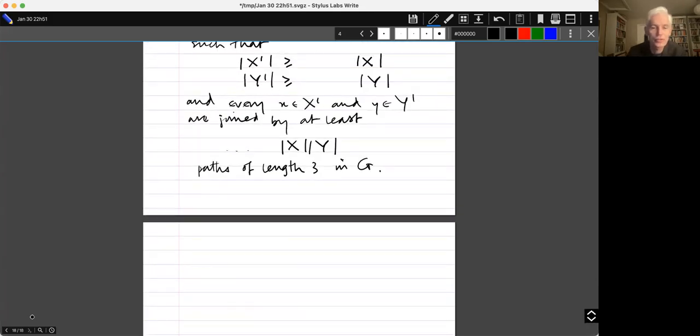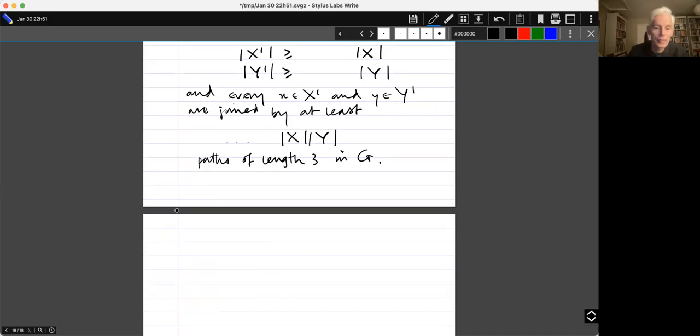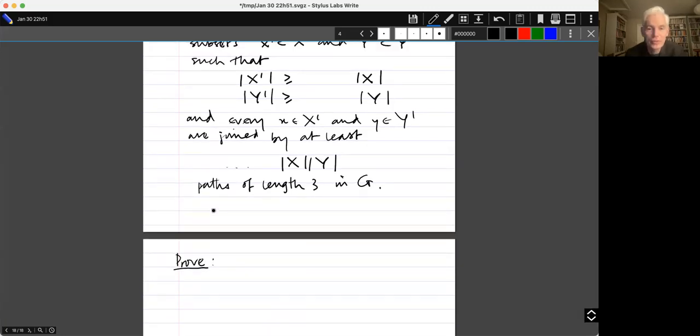And I can tell you in advance that if it comes out the same as when I last did it, it should be delta to the 6 divided by some biggish power of 2 as my constant. In fact, I think it'll be delta to the 6 over 1024. But let's go ahead and prove the result. So it's going to be extremely convenient for this if